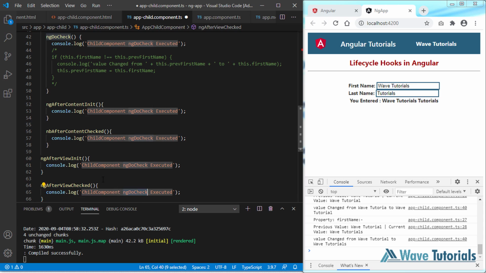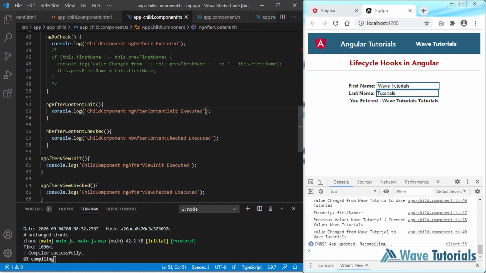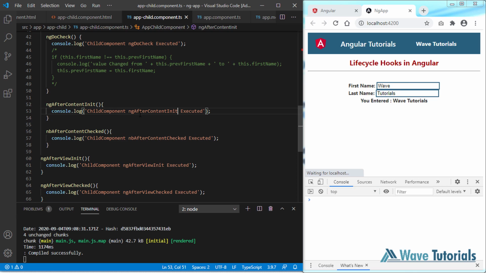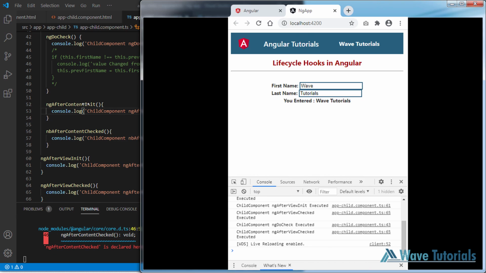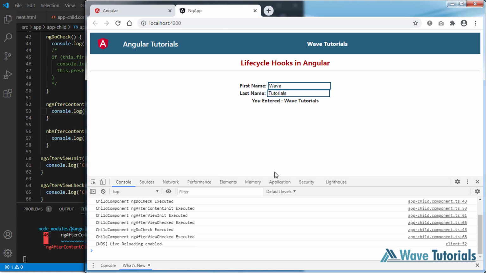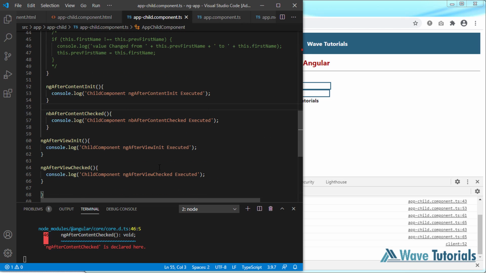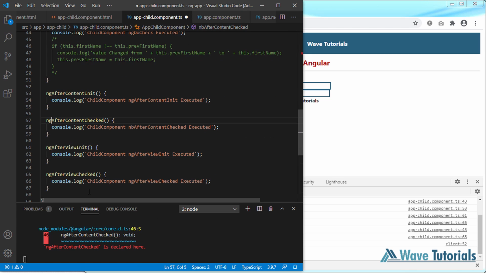And let's make some changes with the text, like update the text here in console. Let's save all the files. And you can see, as I told you, the sequence. Let me see, there is something missing here. It should be ng. Let's save it again,